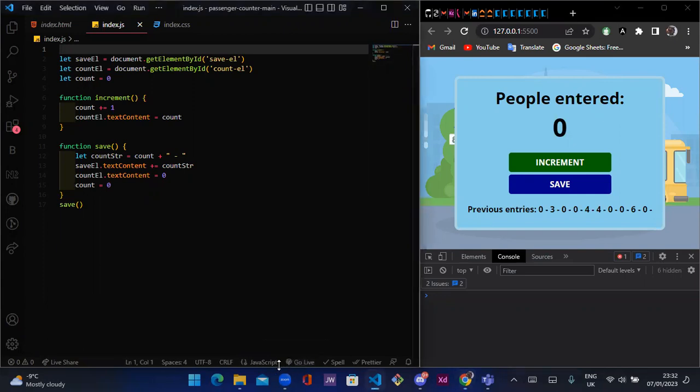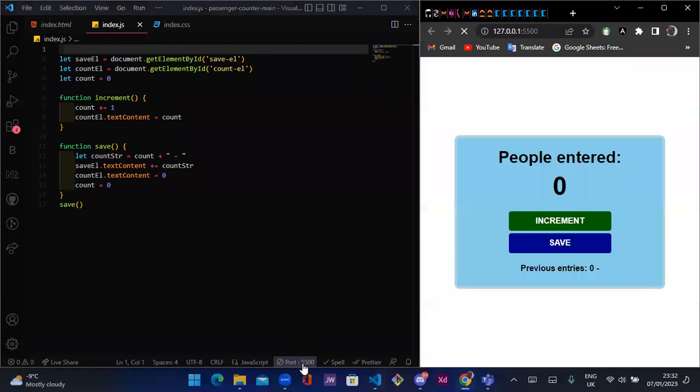Let's see. If you can look at my screen, you would see something go live. It is actually a plugin you download on VS Code, Live Server. So when you download Live Server, you see this icon underneath it. Then you click it, go live. When you click it, it